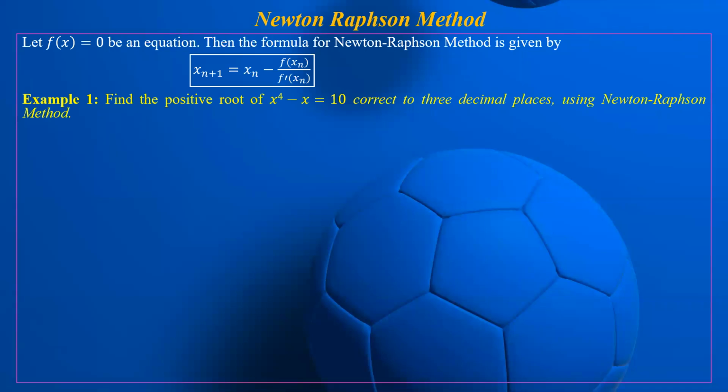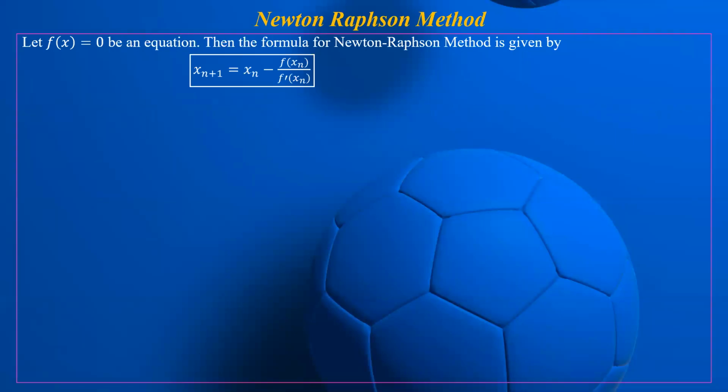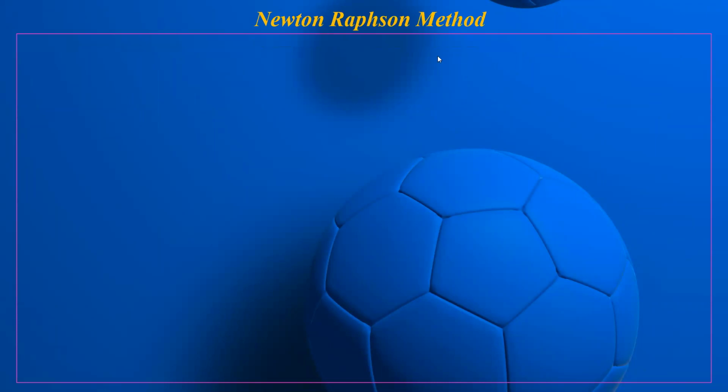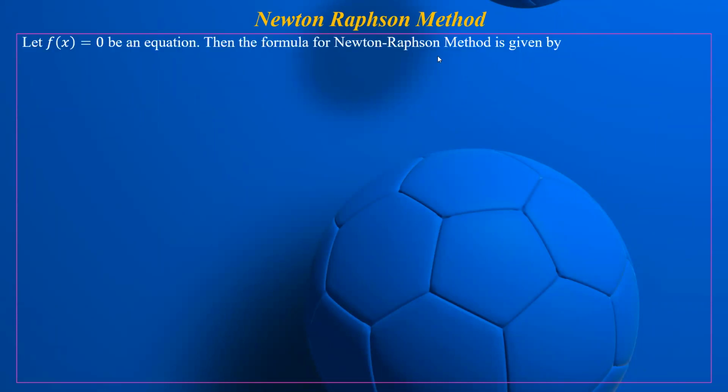So let us try to use another method, which is an iterative method, and as compared to the bisection method, it is a faster method. It was given by Newton. That's why it is also called Newton's iterative formula, and sometimes it is also called Newton-Raphson method.